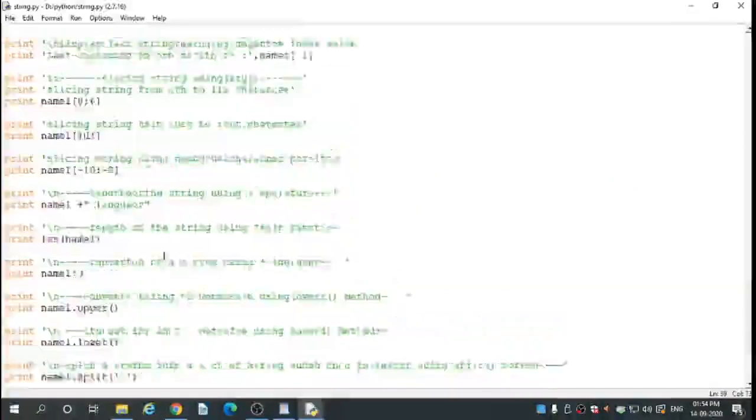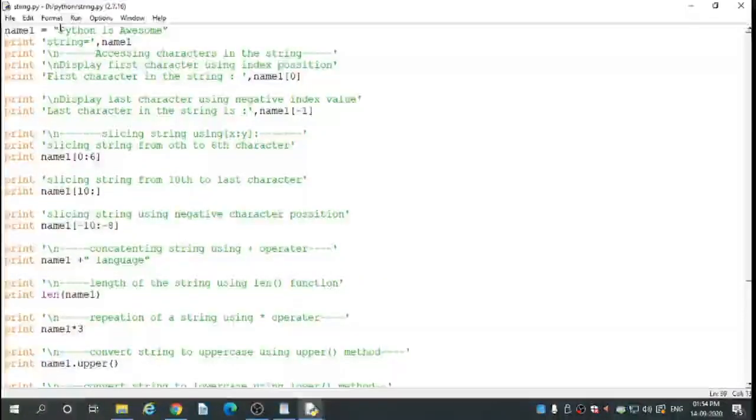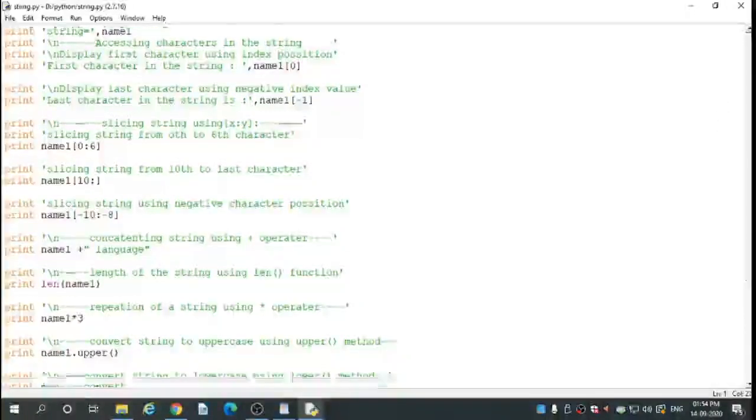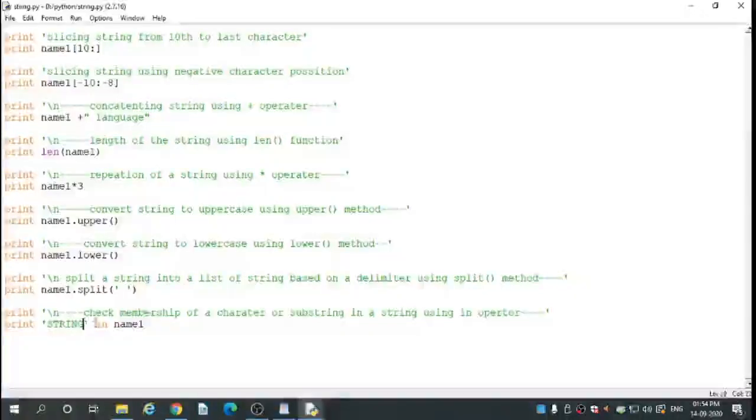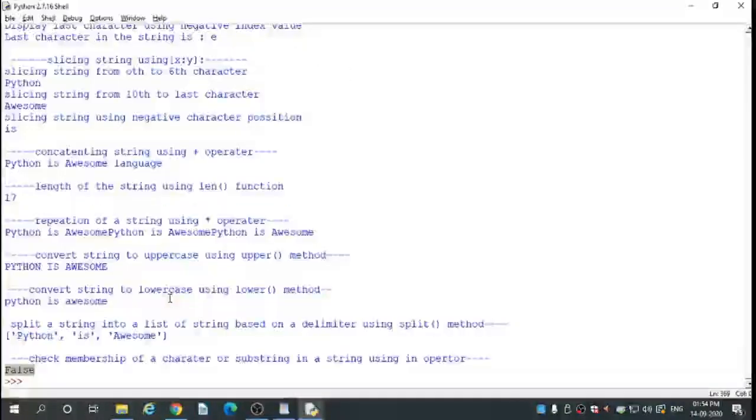If this character is there in the string, it comes true, otherwise it is false. Python is there in this string, so here our output is true.